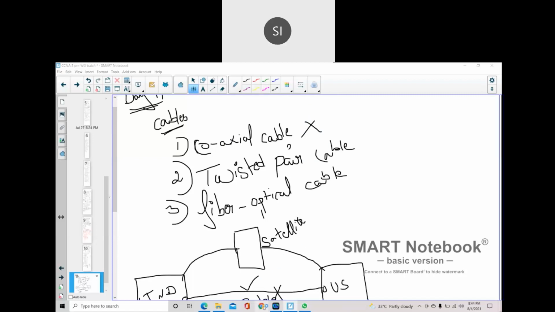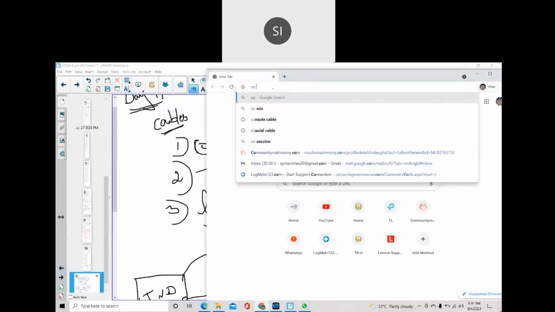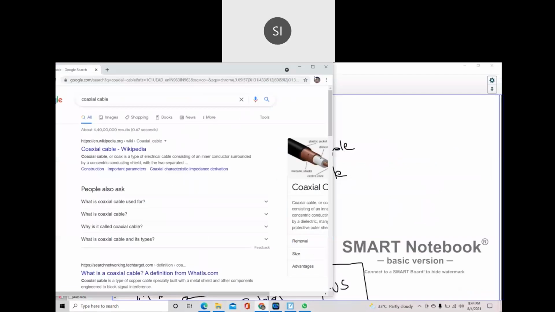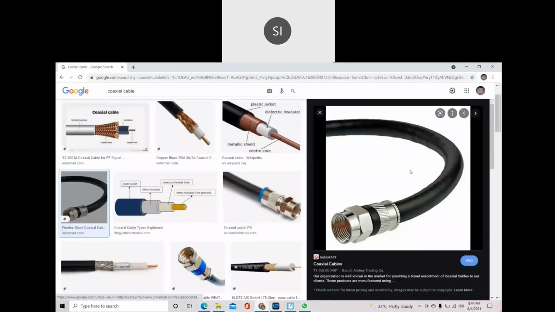So why we are not using coaxial cable, I'll show you about the coaxial cable. The TV dish antenna is there, correct? So this is the dish antenna we are connecting. You can see here, this is the coaxial cable. Why are we not using coaxial cable in network communication? You can see here in between there is one wire, correct? So which wire is this? It's a copper wire.